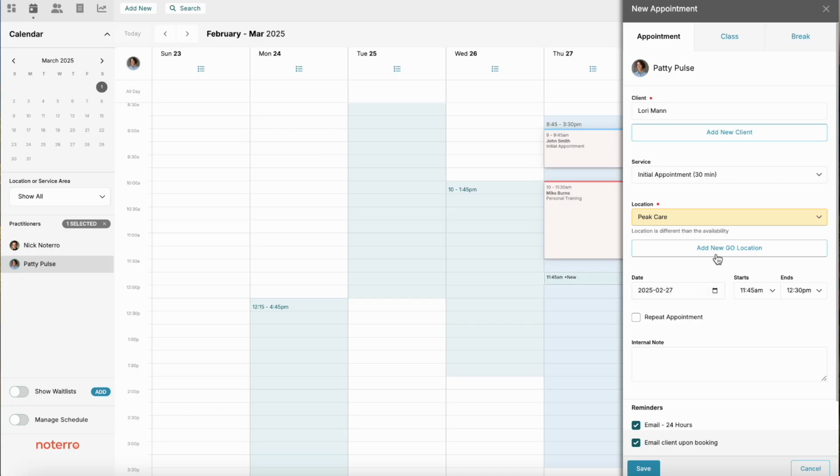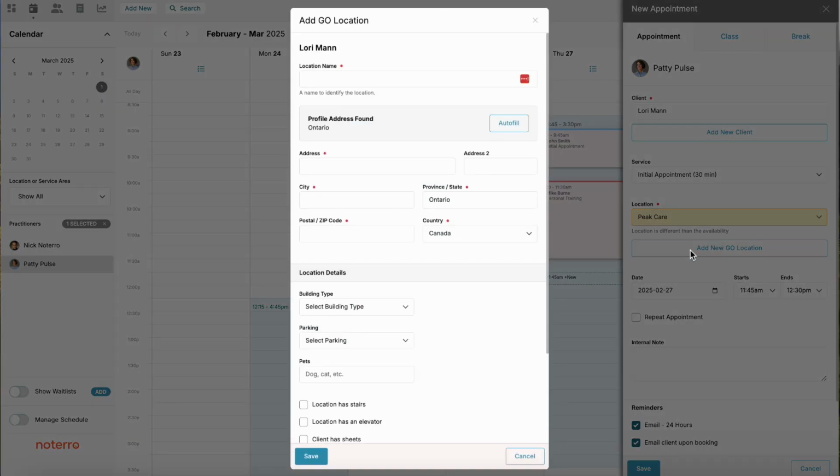And then I don't know where her location is, so this is really important. There's an address that, if Lori Mann's existing, they may have, but because they're brand new they don't have one. The address you have saved on their profile may not be the same location that you're traveling to. So I need to know where I'm going, and in this case it's going to be a house,